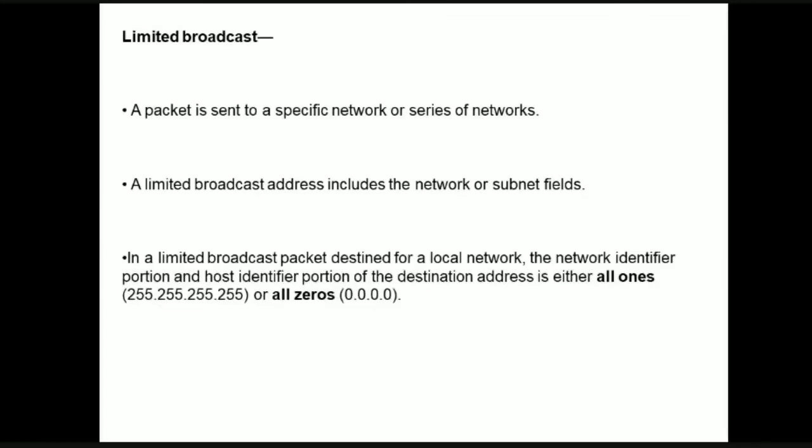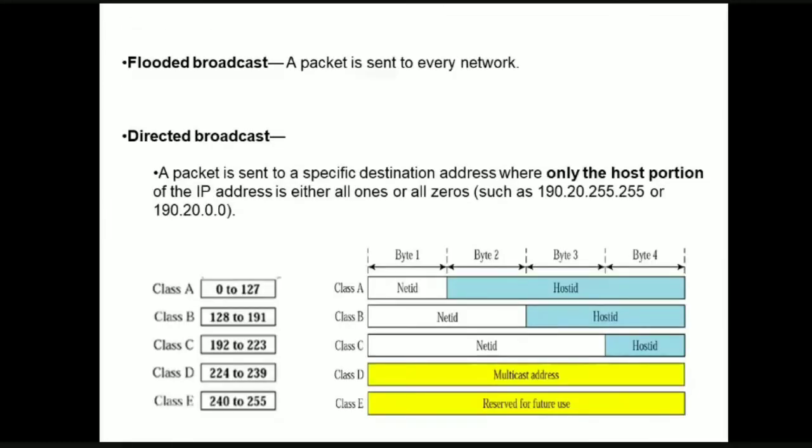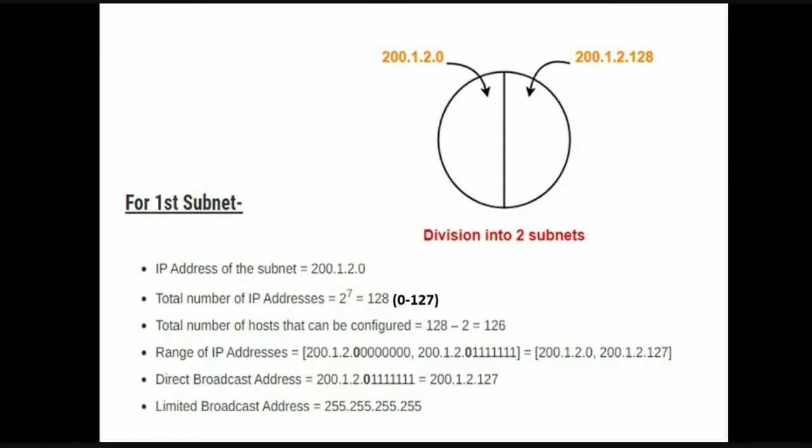Why are we discussing this? Because now we will have these addresses in our subnets. Okay, now as we have divided our original network into two subnets, let us see what different things we have to consider here. For the first subnet, on the left side, what is the IP address of the subnet? As we already said, among all the IP addresses, the first address is always the network address. So here also for the subnet, the first address is always the subnet address.